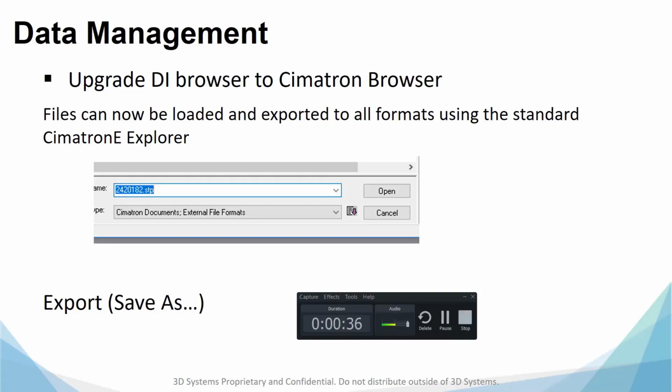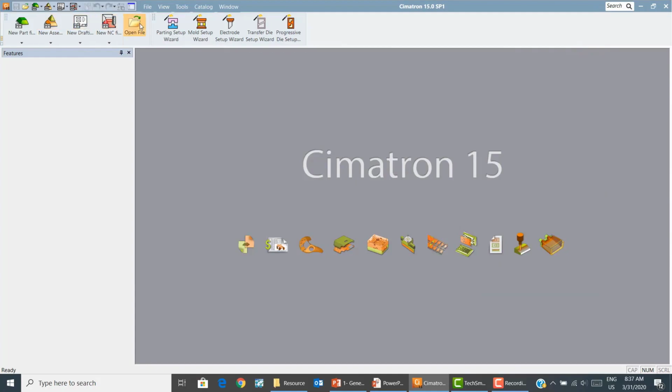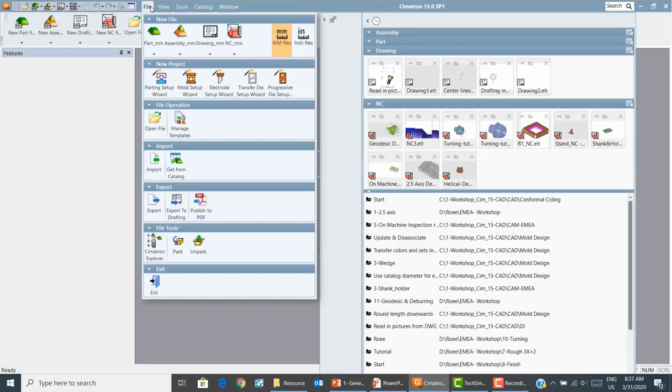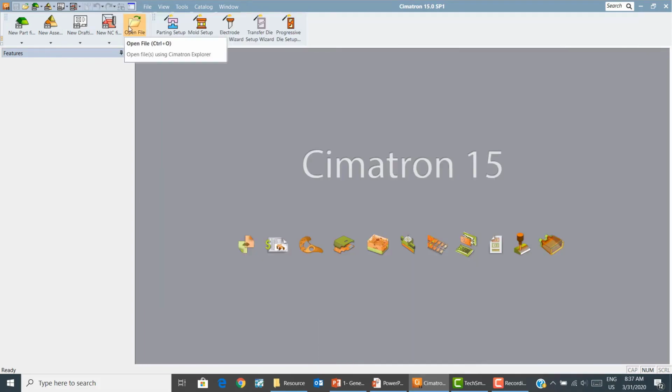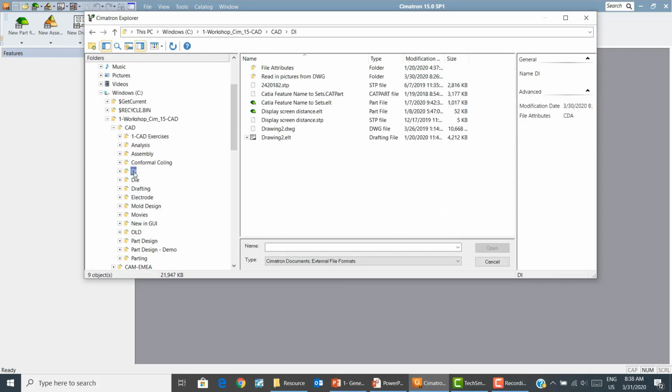So if we take a look at Cimatron, you see that the import and export icons no longer exist in the opening dialog, opening screen. They still exist under the File menu, under import and under export. But now in Cimatron version 15, when using Cimatron Explorer, any file format,